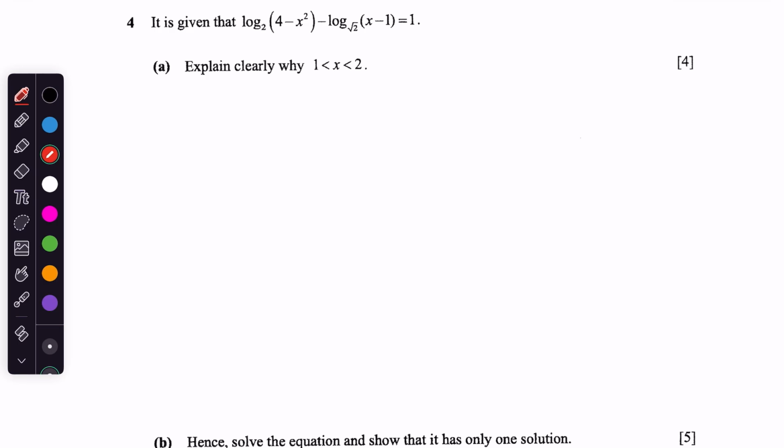Okay, so in this video, we'll solve this question here. So we are given this equation. Explain clearly why x has this range of values. Whenever we see a logarithm question and we see a range of values, the first thing we think of is